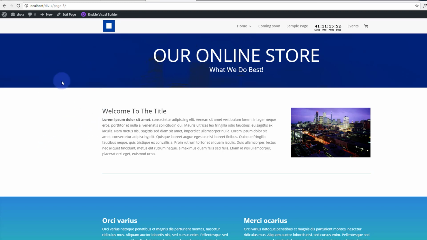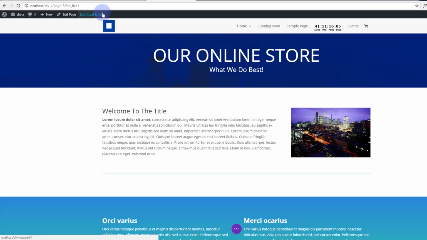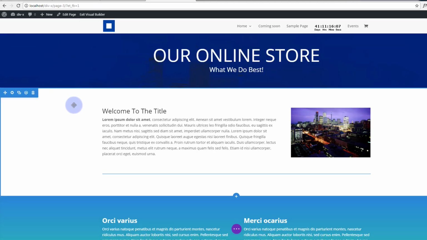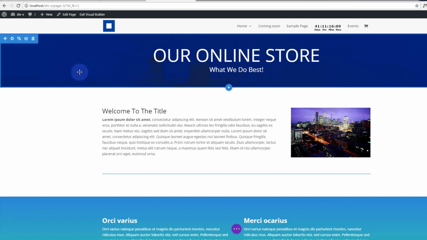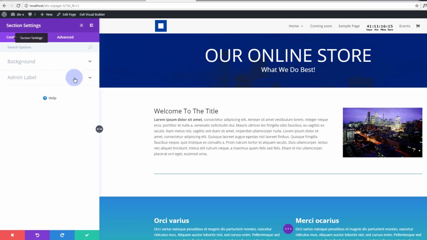What we need to do is enable the visual builder, and once enabled, just click on a section. We'll start at the top and work our way down, I guess. Hit the section settings cog icon up there. Then we want to go over to our design tab, and if we go down, here's our new little feature